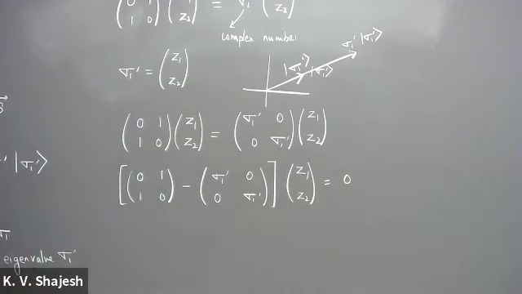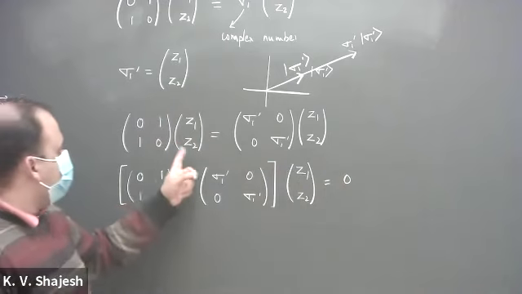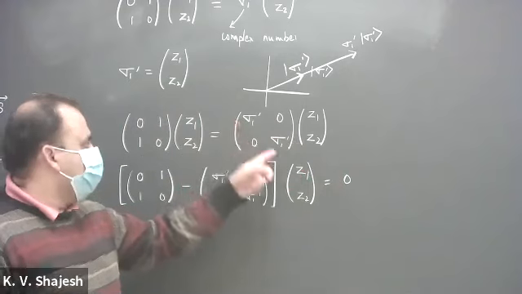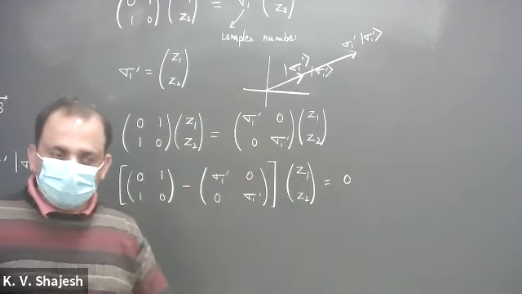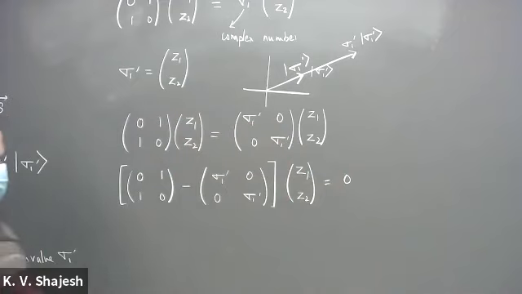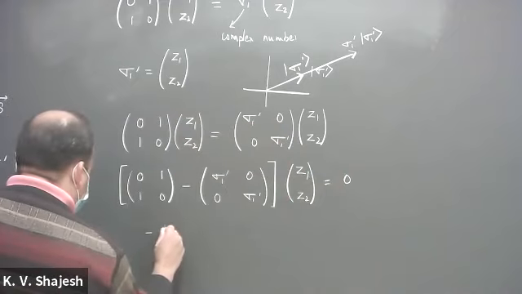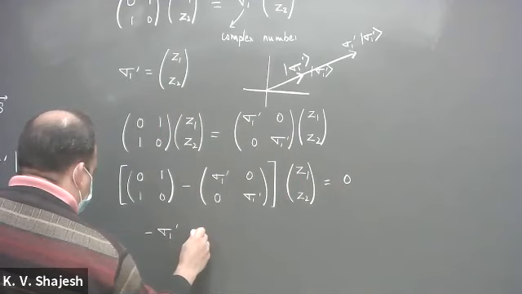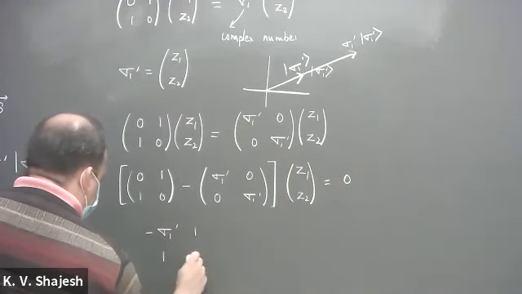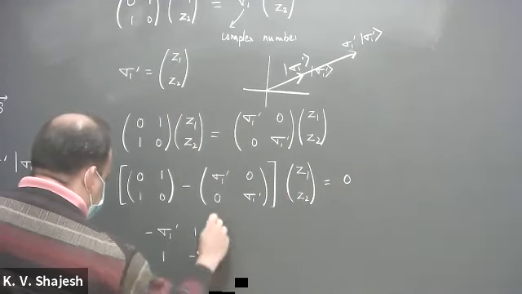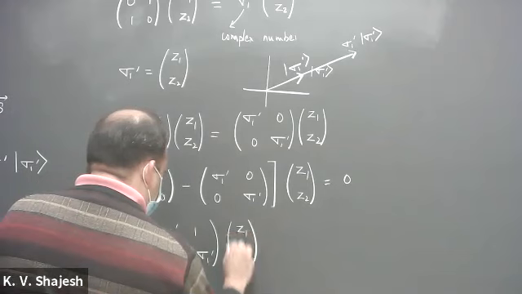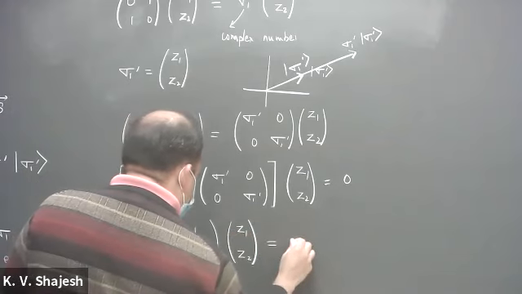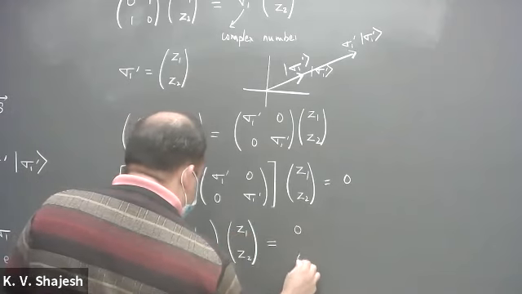If I move it to the left, we are looking for a vector and the eigenvalue associated with it also. We are solving for both together. So this is the same as minus sigma 1 prime 1, 1 minus sigma 1 prime. And if I want to write this,